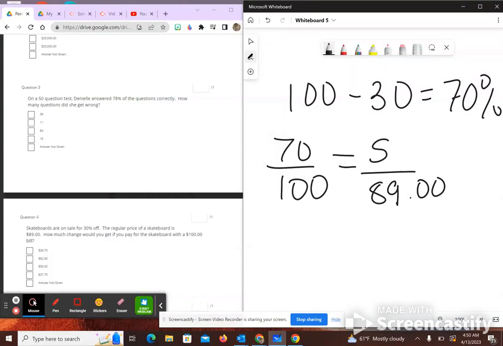Then there's one more step I have to take after I solve that. The last thing I need to do, after I figure out what this value is, the sale price, is figure out how much change I'm going to get if I pay with a $100 bill. So I'm going to take that value that I get for S and I'm going to subtract it